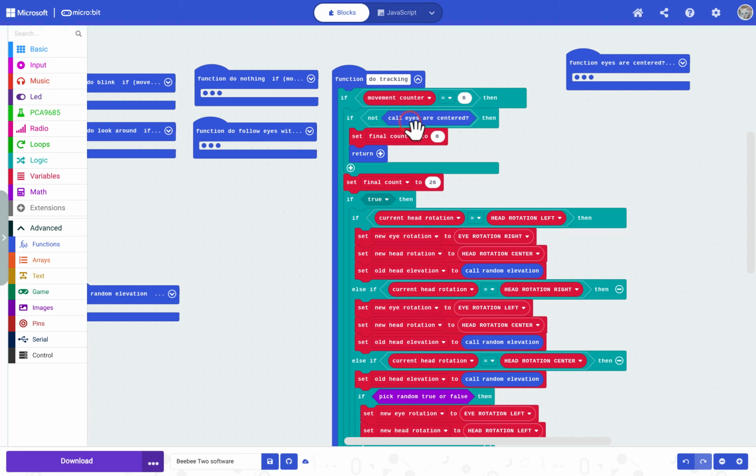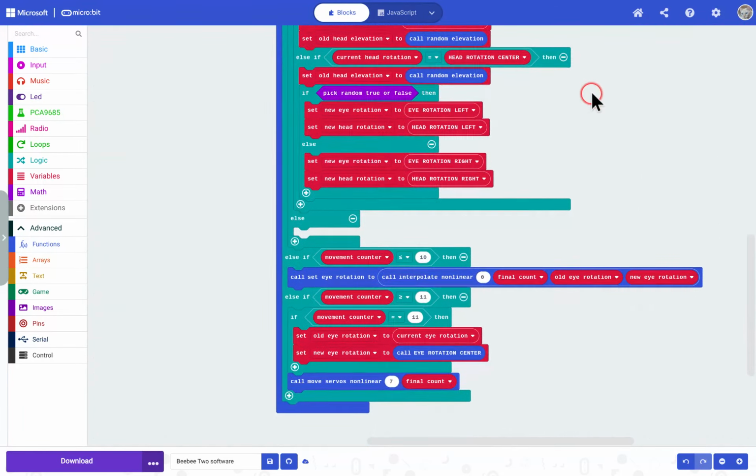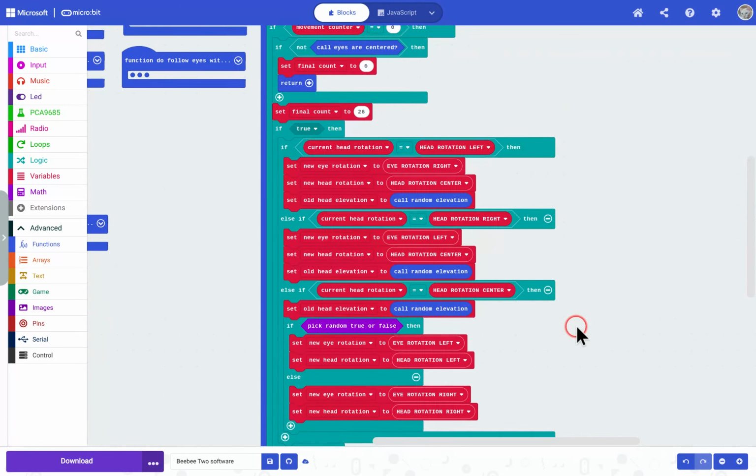If our eyes are not centered, which is what that says, set the final count to 0, which will mean do something else and go back. So not doing anything. So there we go. Now, if we are going to do something, we're going to set the final count to 26. And then I'm going to be doing some stuff in here. The first thing I want to do is pick out the eye rotation when I'm tracking, because